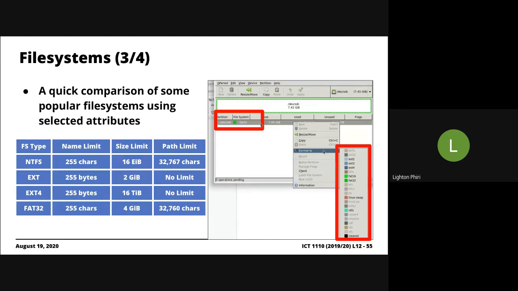But if you don't know what you're doing, you're better off working with the default, right? So this idea that you just raised, the idea of NTFS. You notice something very peculiar here about the path limit. You notice this value,